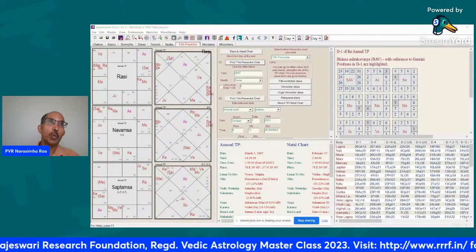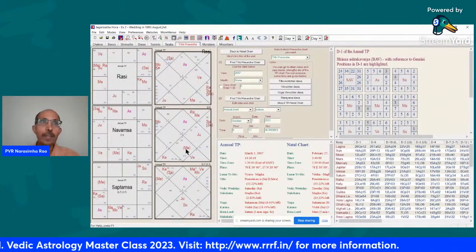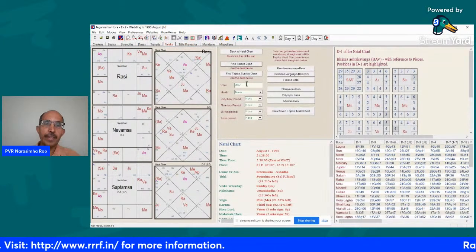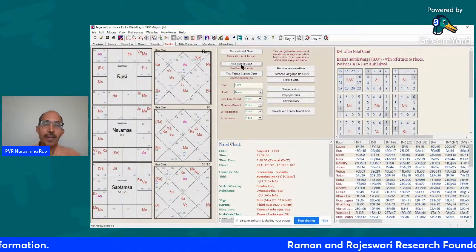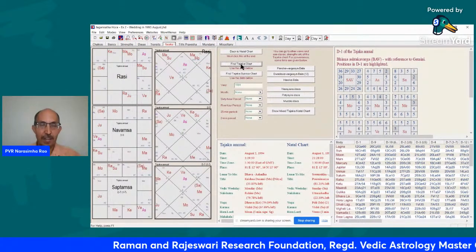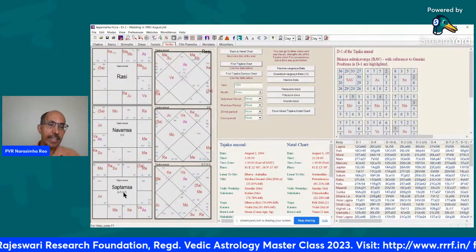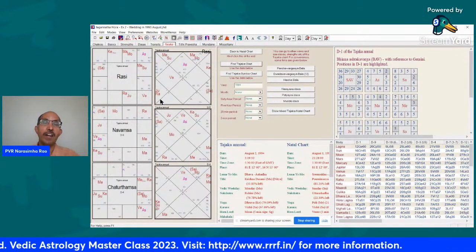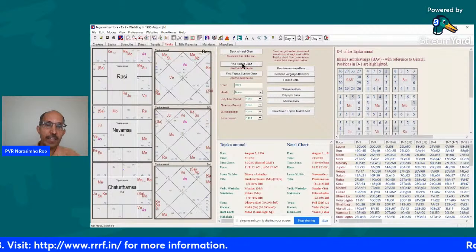So example 2, wedding in 1993 August. So let us look at the Tajaka chart of 1994. Is there a chance of moving abroad? Just like a person moves abroad, a marriage may move abroad. So basically their marital life is now happening in a foreign country. So the key charts are Rashi, Navamsha and more importantly Chaturthamsha. D4 is the chart of residence. So let us look at the 1994 Tajaka chart.